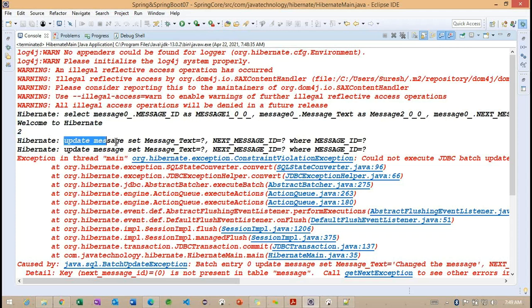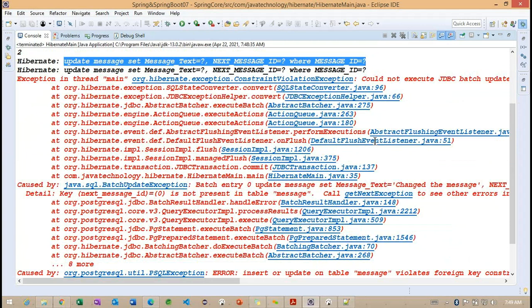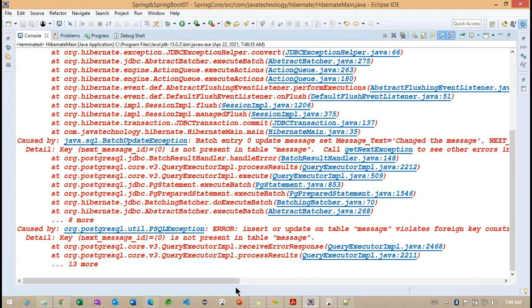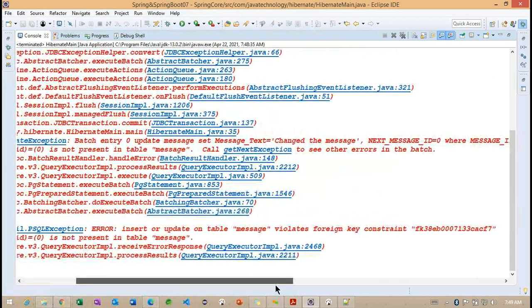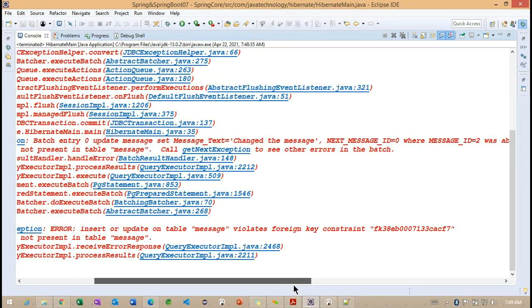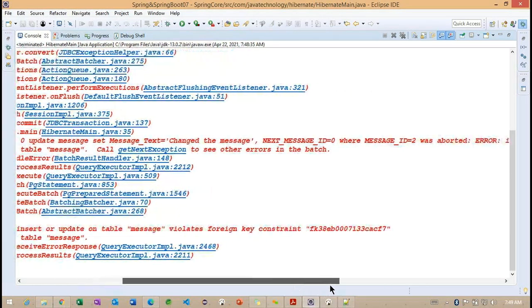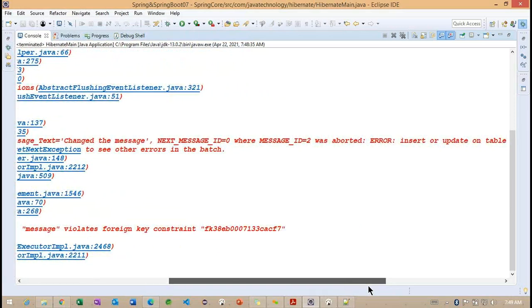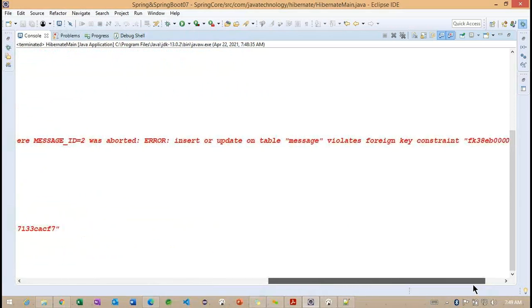It's printing correctly: update message, set the message text and the new message ID. Update exception, foreign key constraint. Okay, the message ID provided.